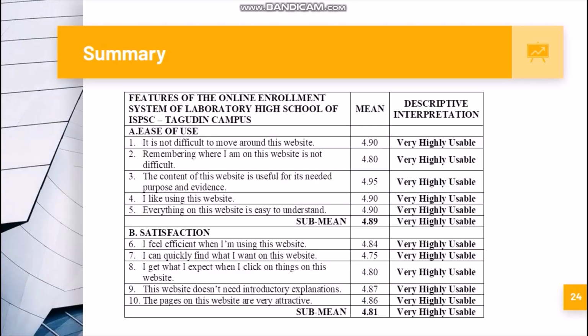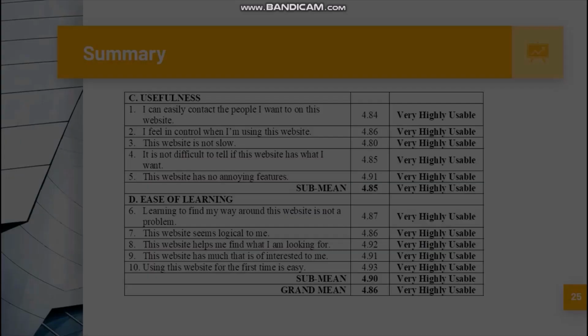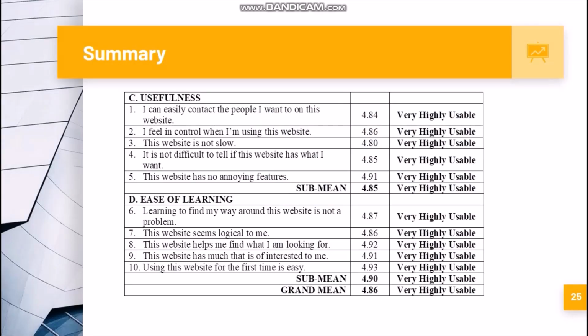In summary, the assessment of the features of the developed system is: ease of use has a submean of 4.89, satisfaction has a submean of 4.81, usefulness has a submean of 4.85, and ease of learning has a submean of 4.90. In total, the 4 assessments of the level of usability have a grand mean of 4.86, which is descriptively interpreted as